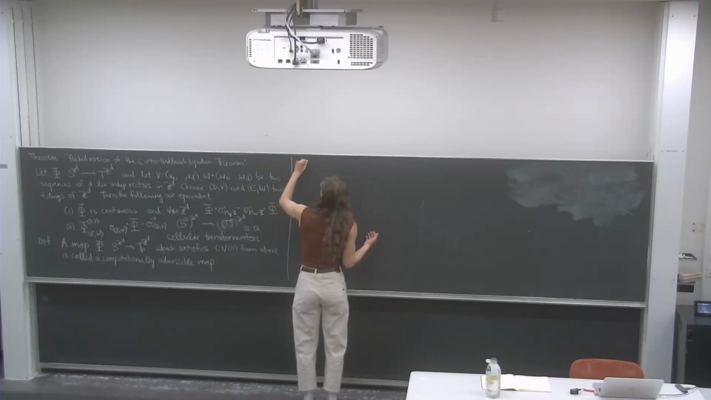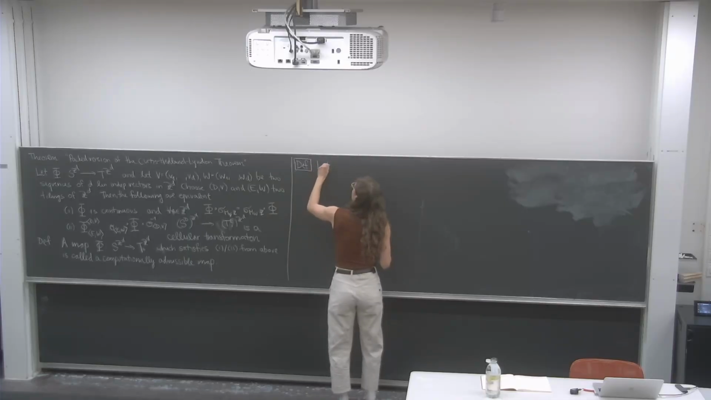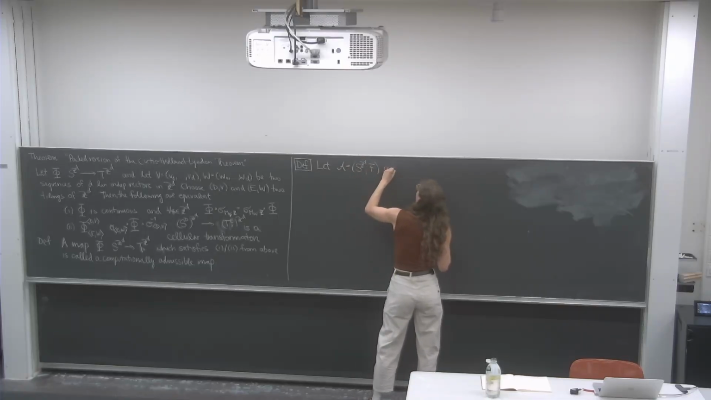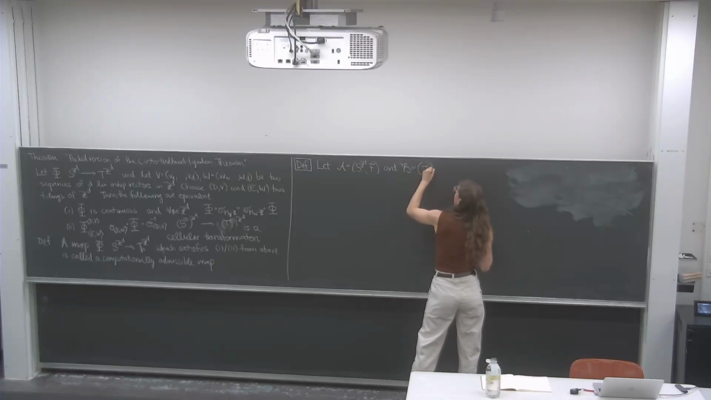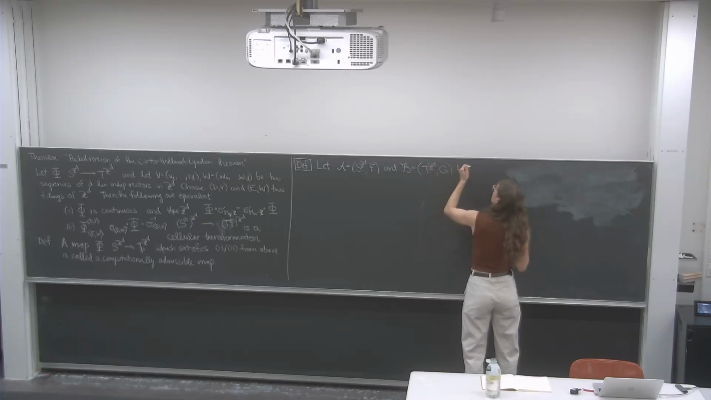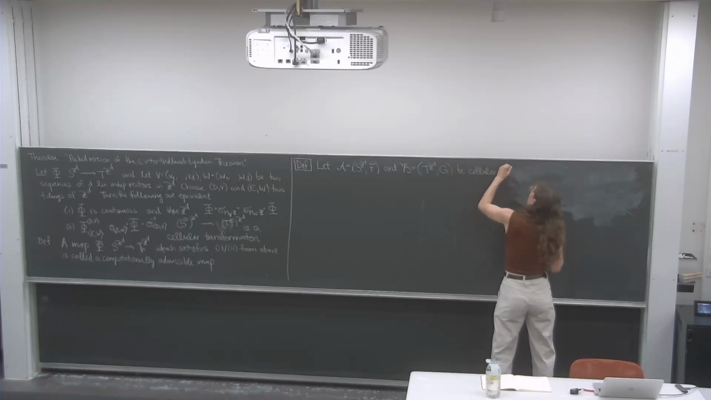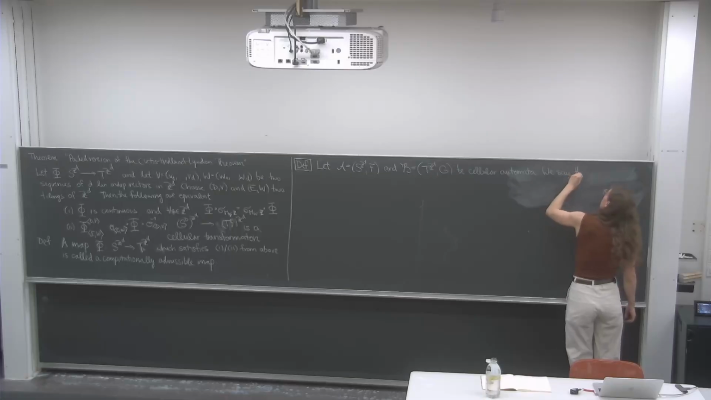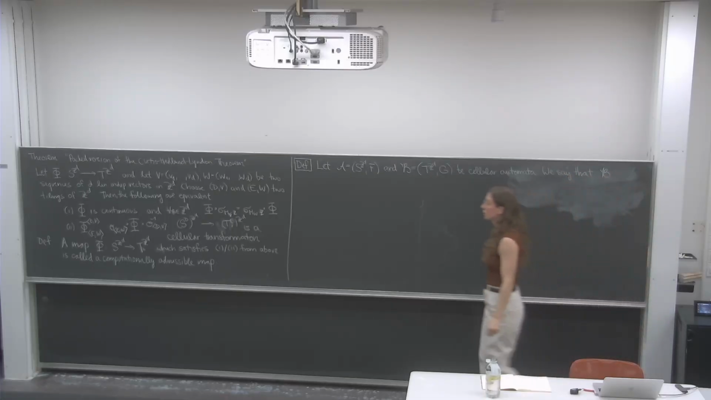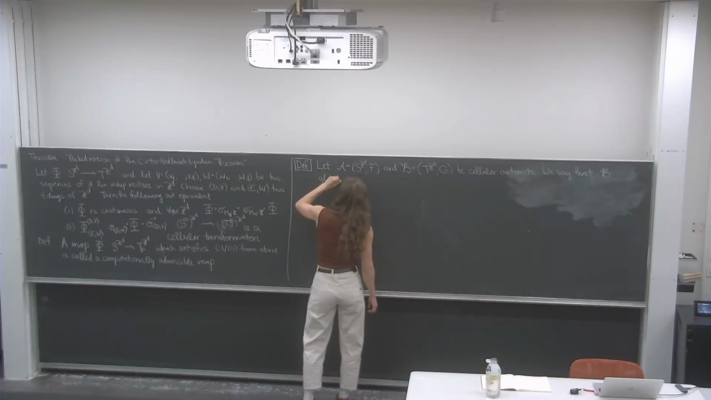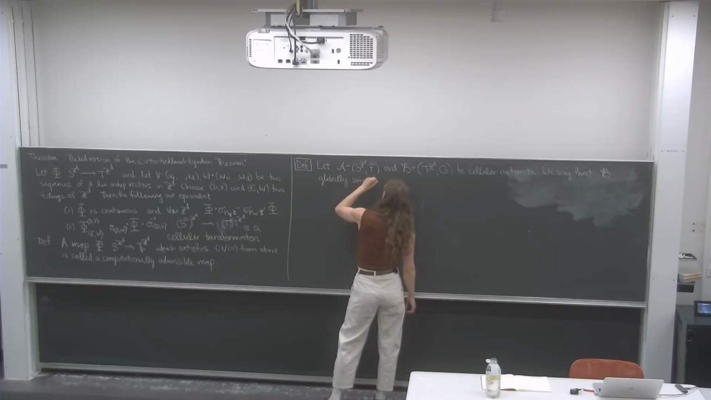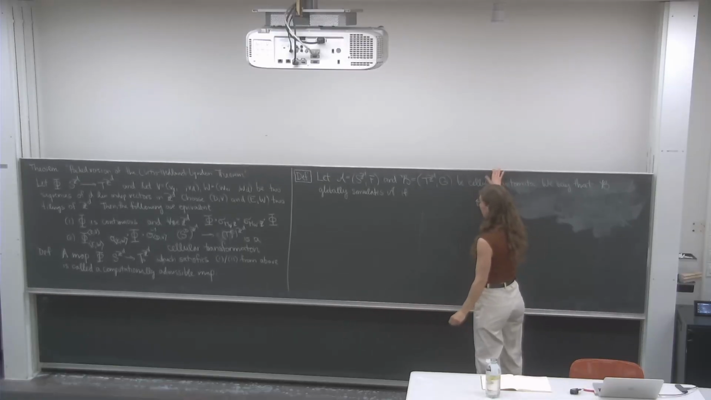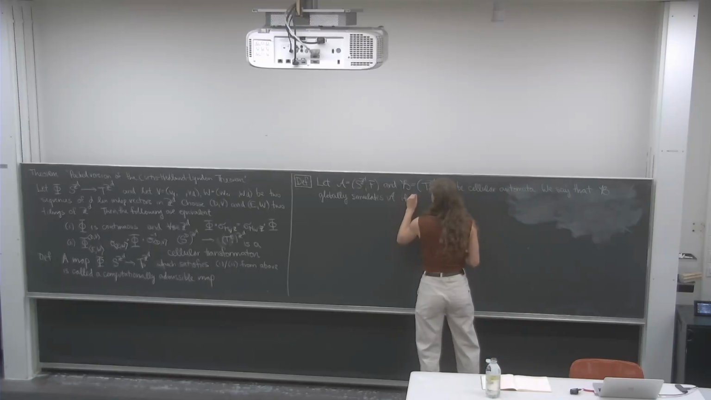Let's do it. So let's fix two cellular automata in the same dimension, A and B. We say that B globally simulates A if, now you have a rather long laundry list of conditions, if there exists